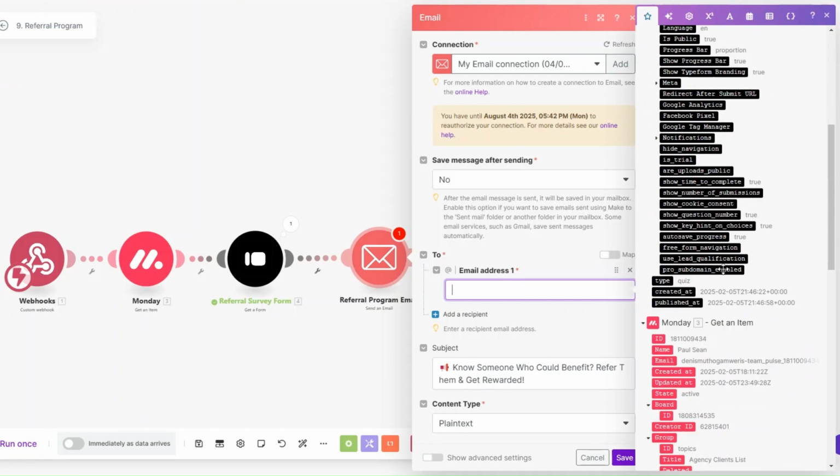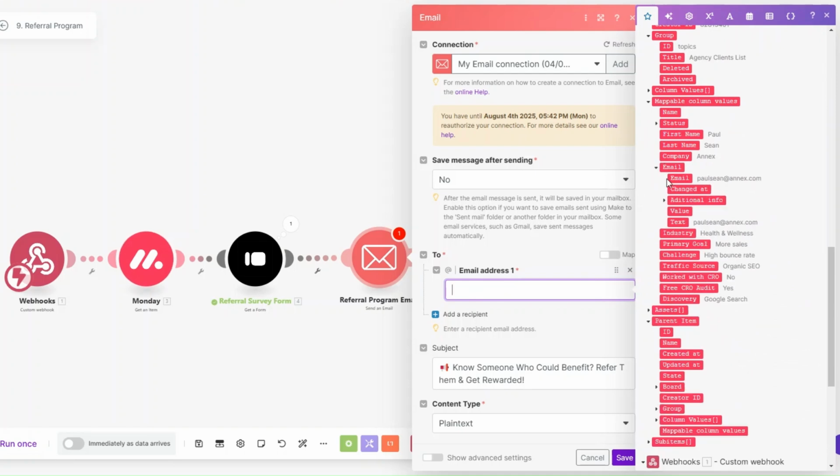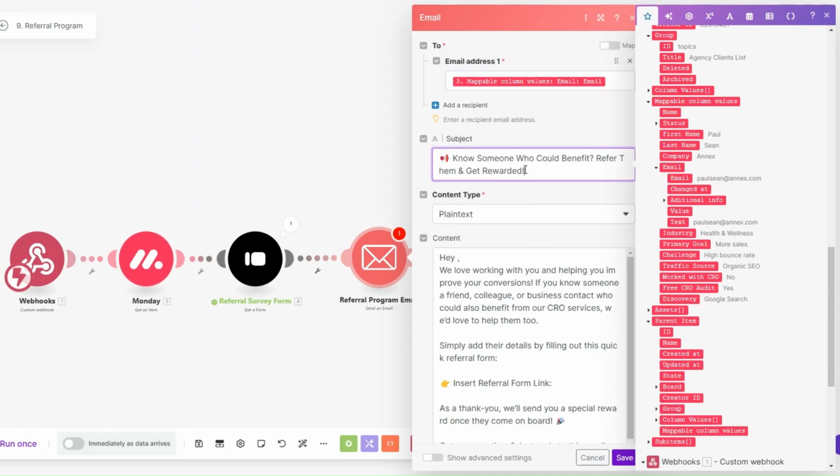Here we're going to add the email address of our client from Monday right here. The subject line of this email could be along the lines of: Know somebody who could benefit, refer them and get rewarded. For the content type we're going to choose plain text, and the content of this email could be along the lines of: